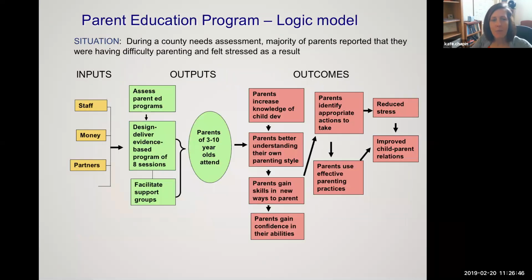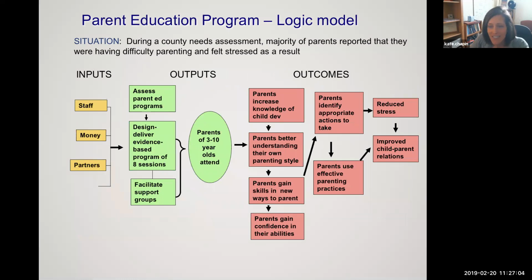So let's look at an example of a parent education program in a logic model. The situation and problem they're addressing, similar to hunger, is that during a county needs assessment, a majority of parents reported that they were having difficulty parenting and felt stressed as a result.